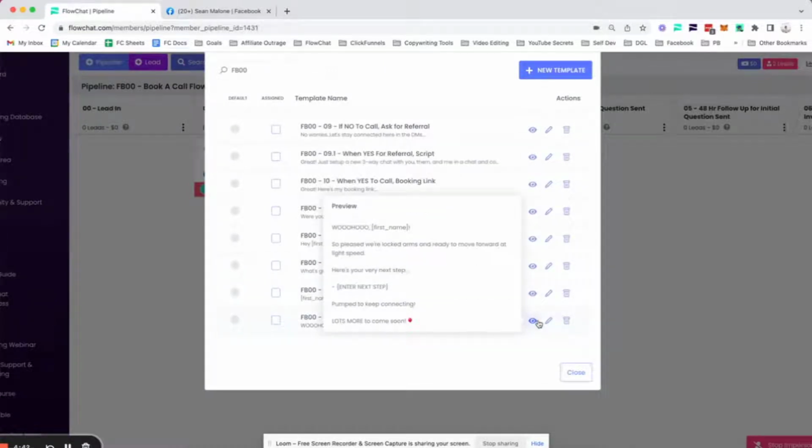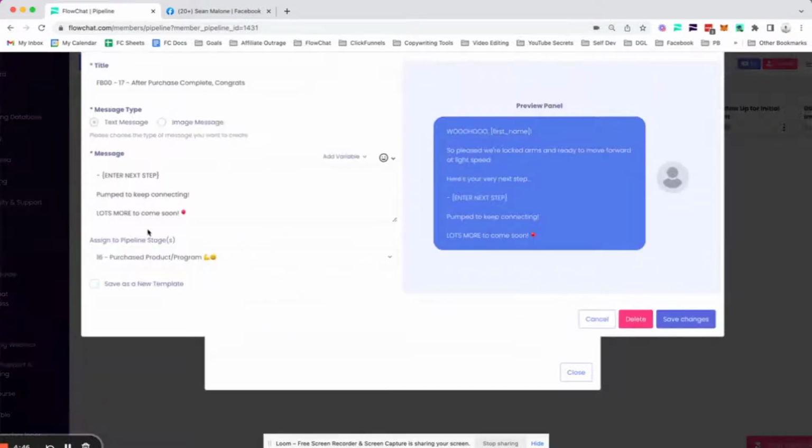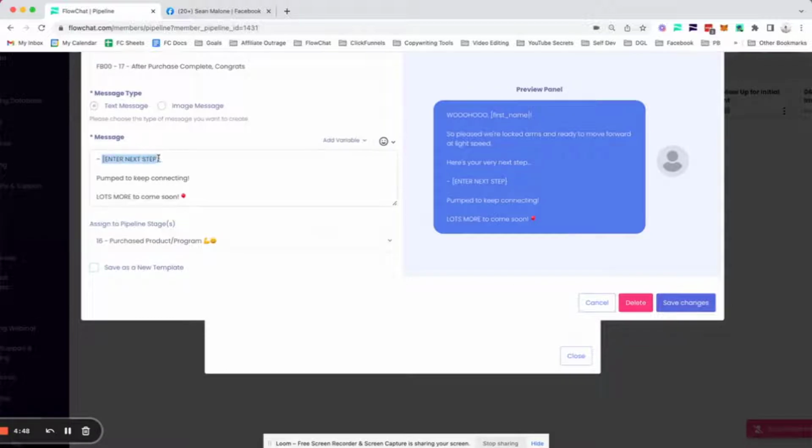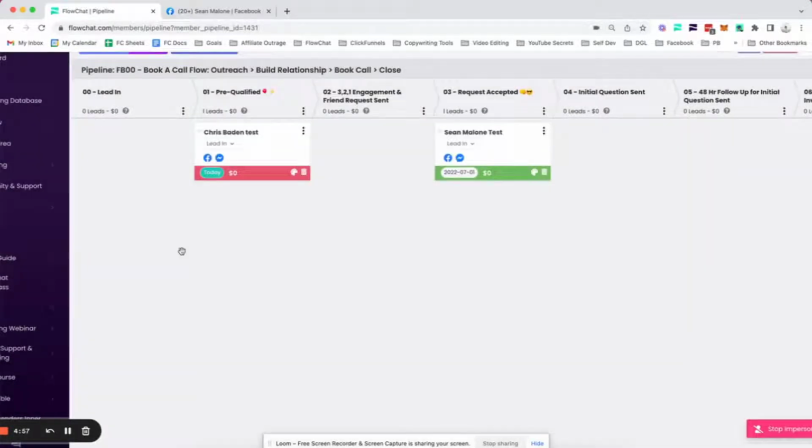Yep. Enter the next steps. On the last message, after someone purchases something from you, again, click here, and we would just go ahead and enter the next step of whatever it is that you need to support your client with. Perfect. Okay, so that's how we do the editing of the pipeline. Once we have that all tuned up,